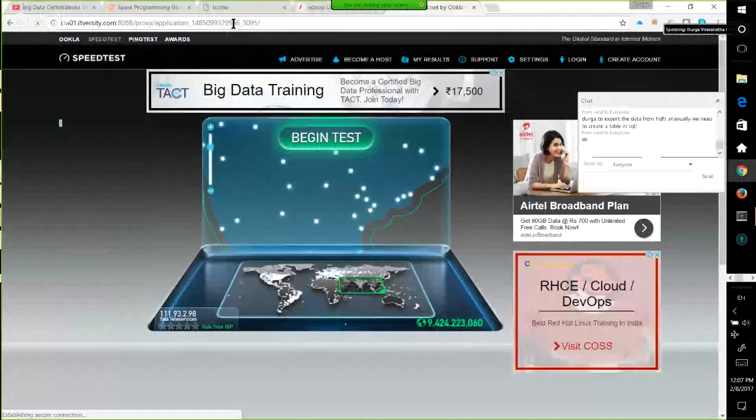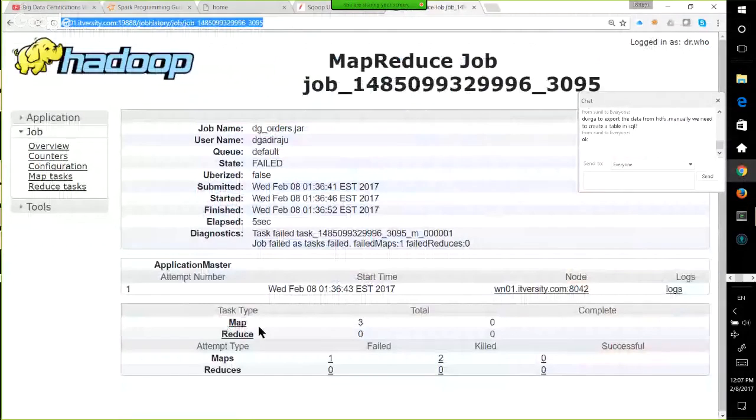The job is already completed. I see out of 3 map tasks, 1 failed and 2 were killed. Because 1 failed 4 times, it marked the job as failed and just killed the other 2 map tasks. If you go to the killed ones,